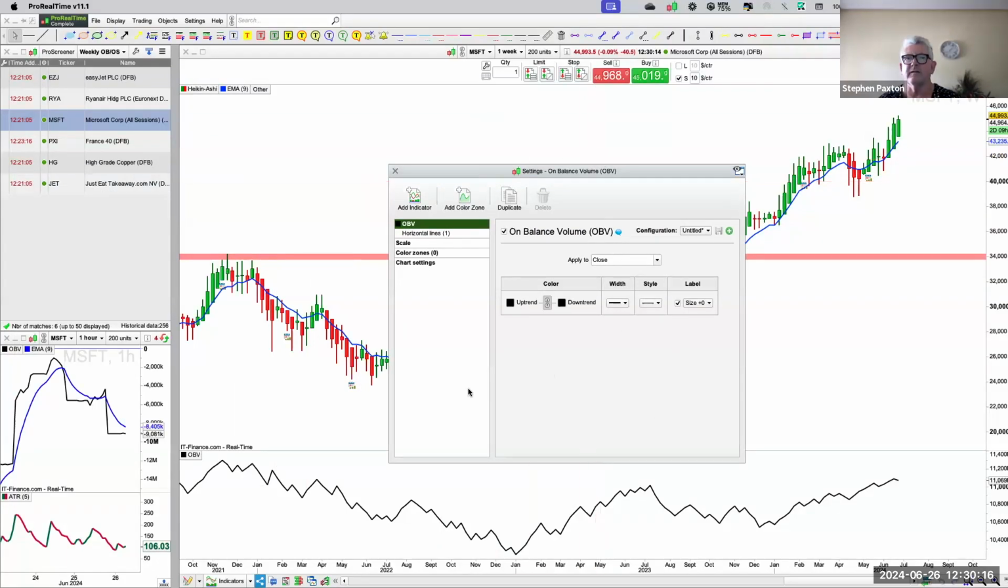Yours won't look like this because I have configured my own on balance volume. It might do, it might not, but on balance volume, what I do is I have it black and put it into a decent thickness, you know. What I also now do on my on balance volume, you can see there,